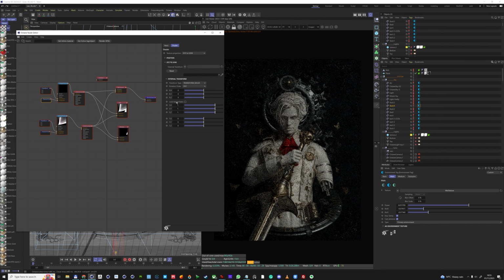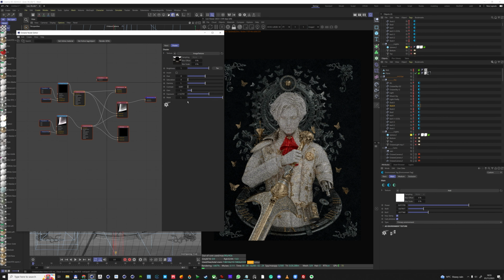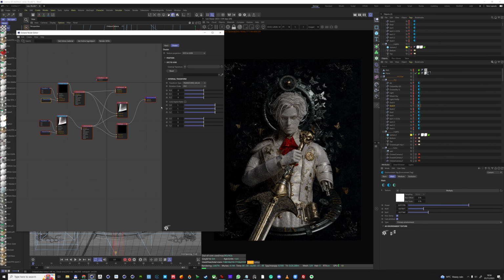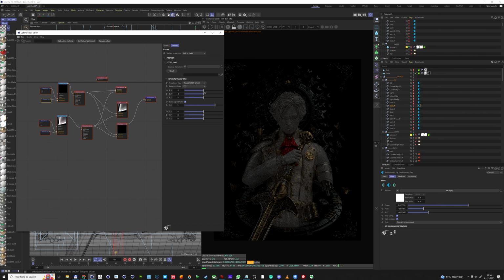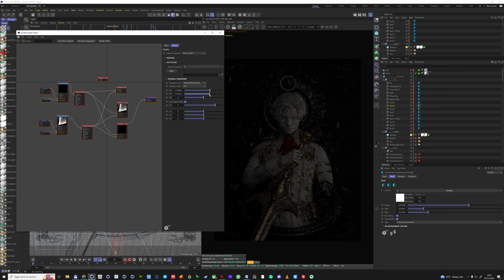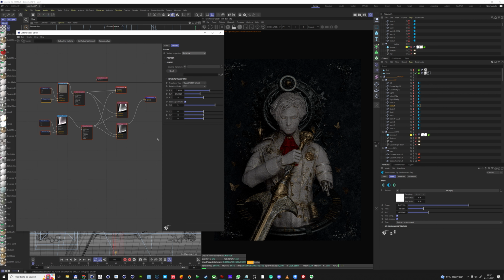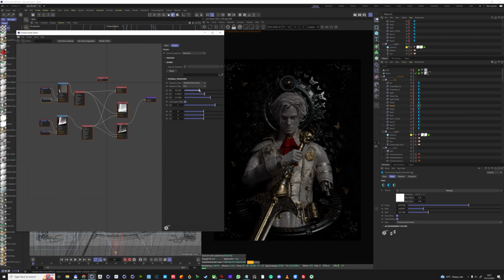I also use multiply, and again, it really depends on your HDRs, right? Because depending on how bright they are, what kind of maps they are, if they're gradients, if they're artificially made studio HDRs that mimic a studio setup, as opposed to maybe if they're actual real environments. One of the things you have to try is that sometimes if they're very, very bright, you might use multiply because you don't want an HDR that's completely bright and just kind of, you can see, a bit flat. But at the same time, what I'm doing here is I'm experimenting with finding really great